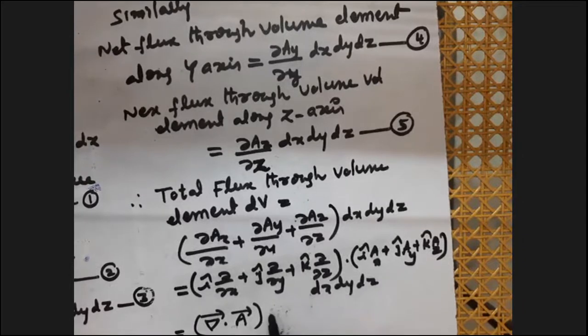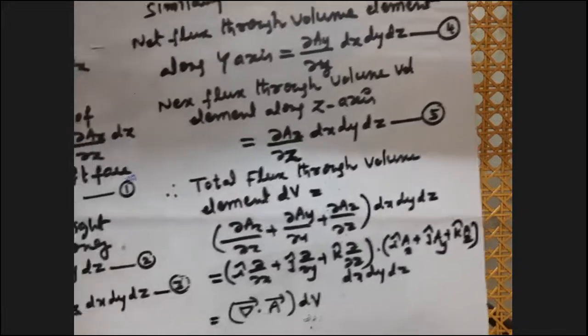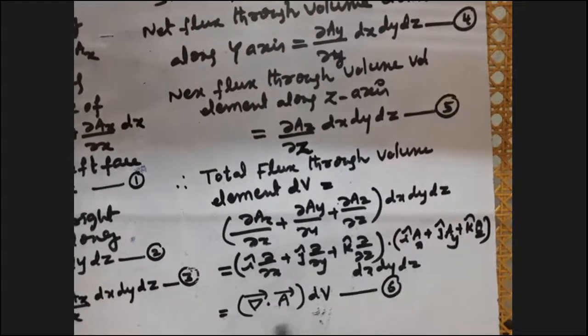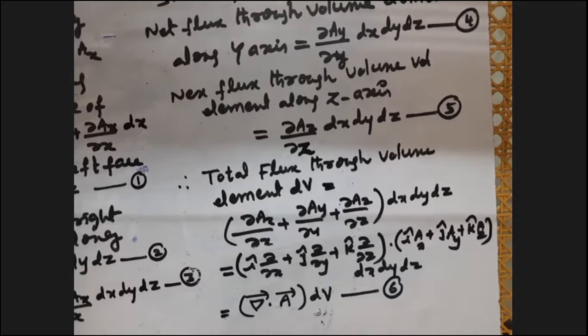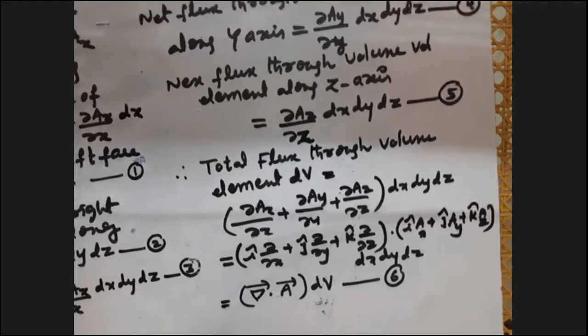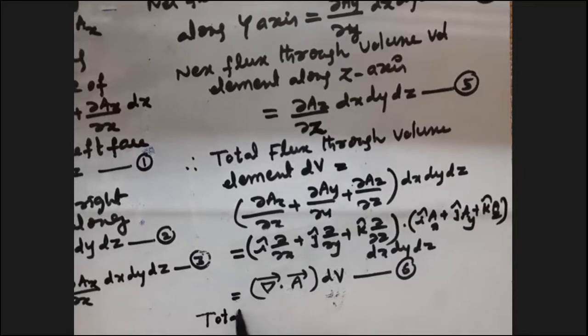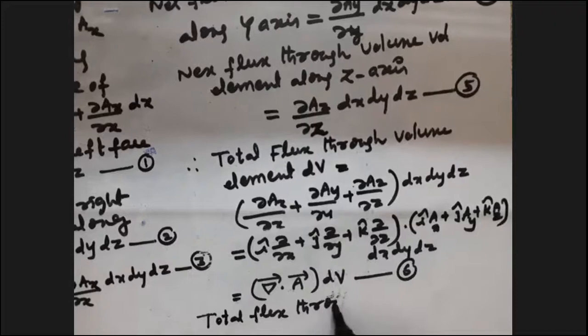dx dy dz is the volume of the small volume element dV. Del bar dot A bar dV, it is equation 6. This is the flux through the volume element dV. But we require the total flux through the entire volume V. Okay. Now the total flux through the entire volume,